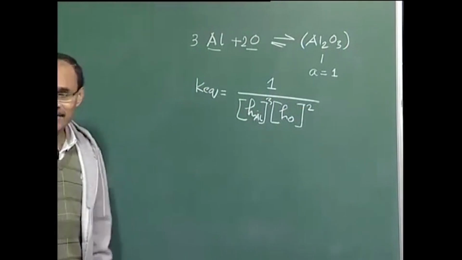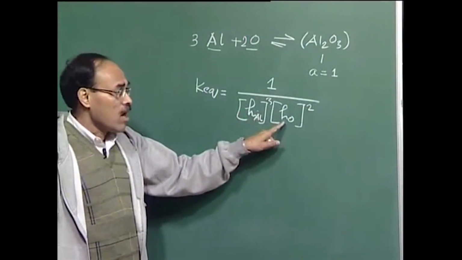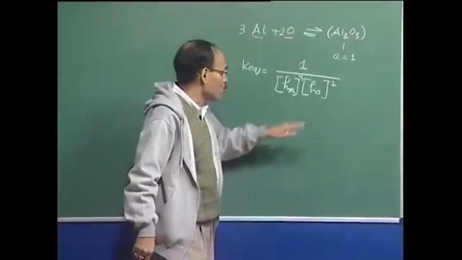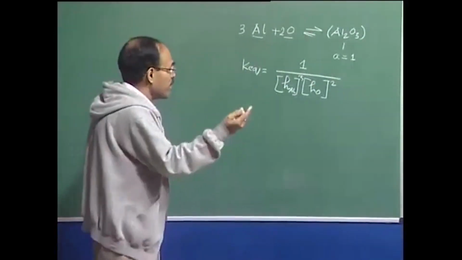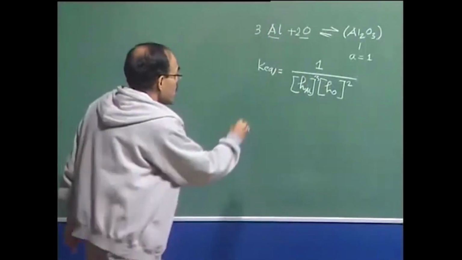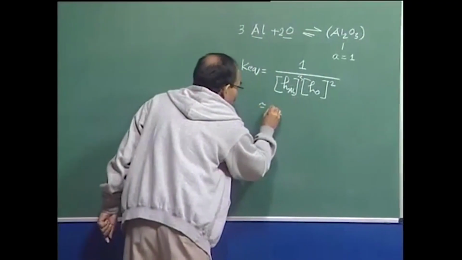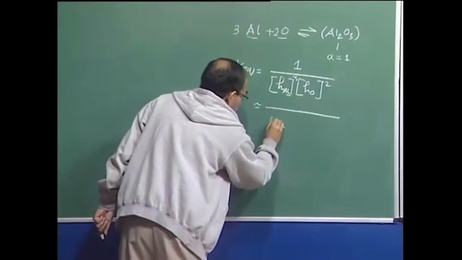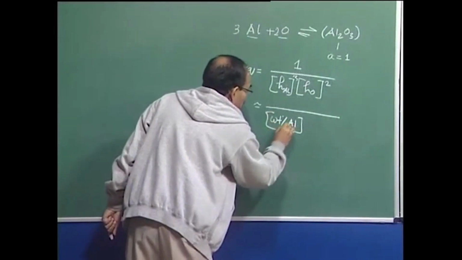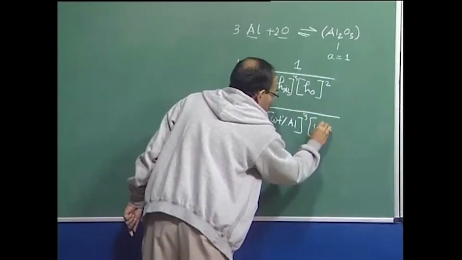There is an indication that whatever oxygen is there is below 1 weight percentage, as I have indicated, the saturation limit is about 0.20 weight percentage. So, as an approximation we can say that this is equal to weight percentage aluminum cube